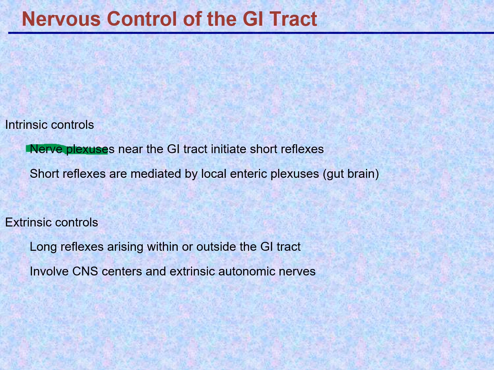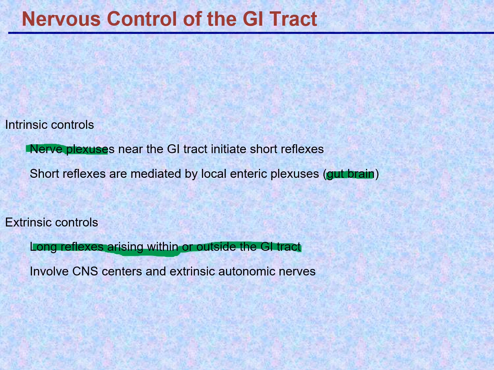Sometimes, and this is slang really, it's called the gut brain. The gut does have some release of neurotransmitters, signals that can trigger localized responses within the gut. And of course there are extrinsic controls, longer reflexes that